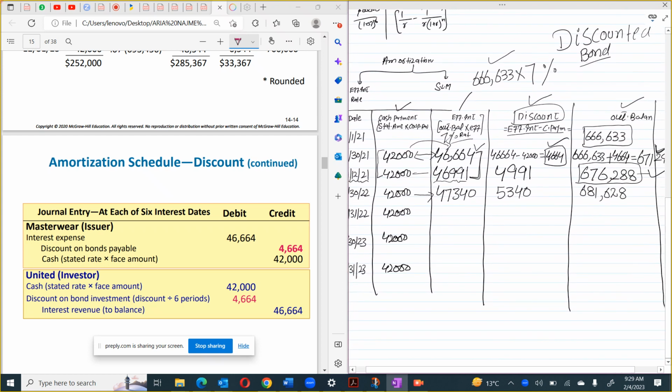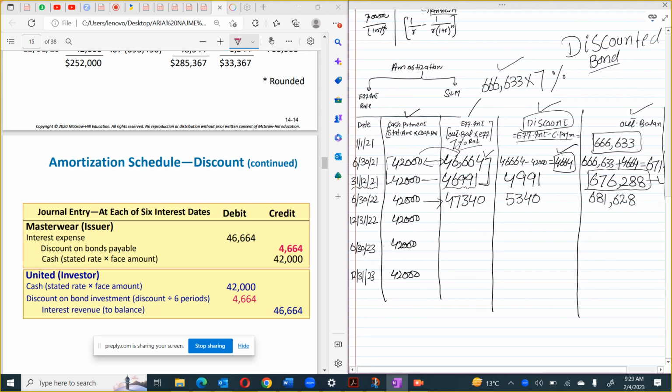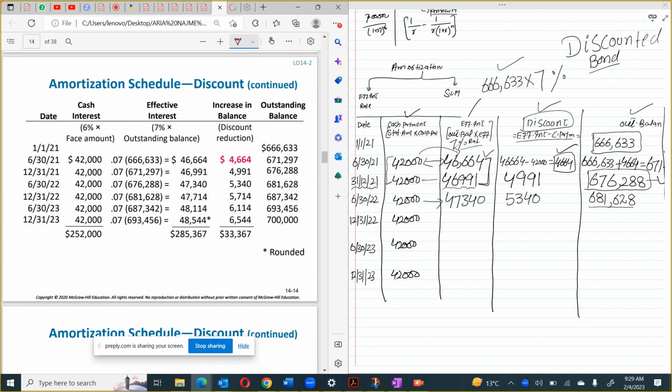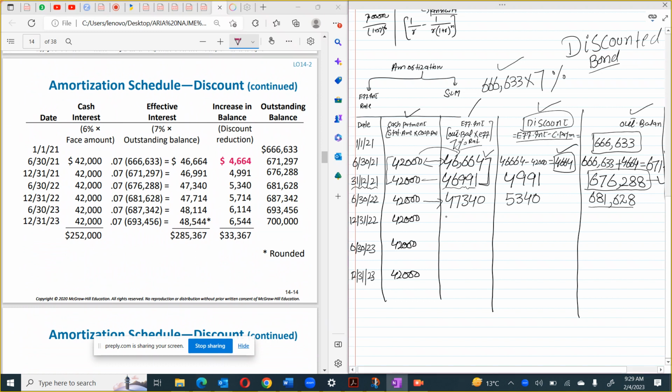Now what will be the effective interest for 31st December 2022? Multiply 681628 with the 7%. You will get 47714. And if you deduct 42,000 from the effective interest, you will get 5714. And you will add 5714 to the last period outstanding balance. Your new outstanding balance will be